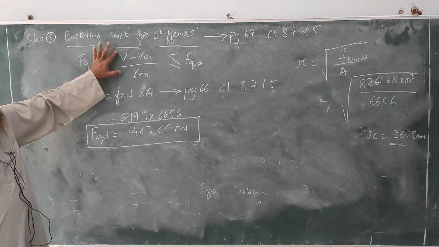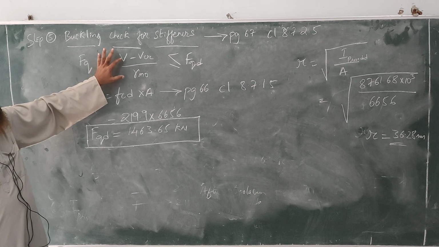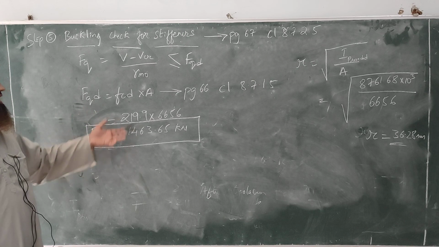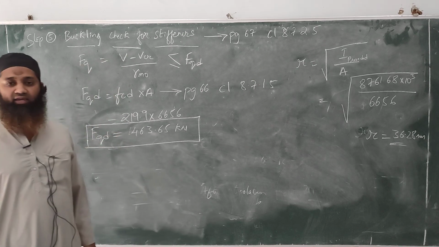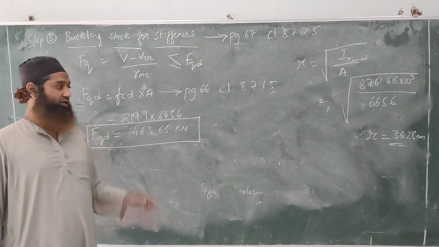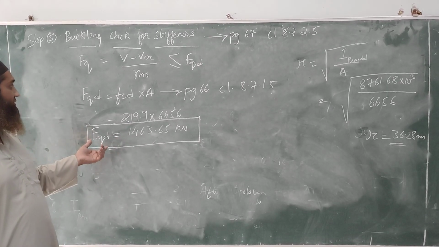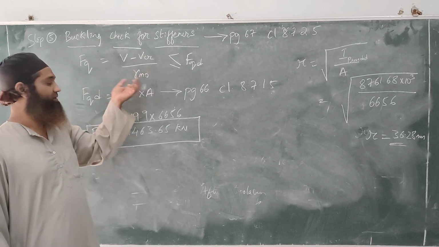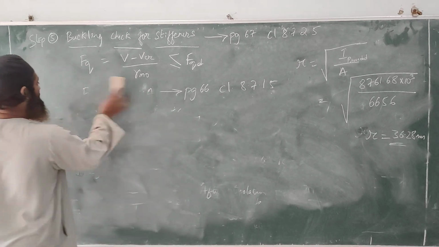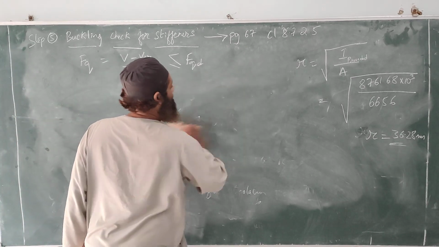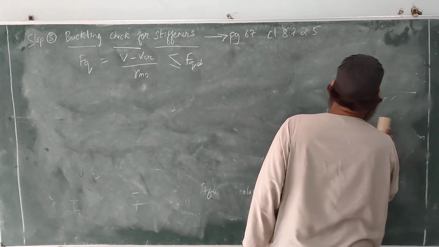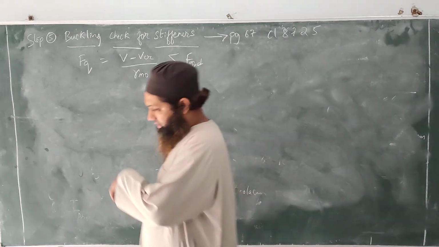Now I'll have to find out the value V minus Vcr by gamma M0. It should be less than or equal to Fqd. So we have calculated Fqd. Let us see what V minus Vcr by gamma M0 is. As we have calculated the Fqd value, let us check these calculations. Once these calculations are over, we will only need to go for the design of the connection between the flange and the web and the intermediate stiffener. Let us see that here.